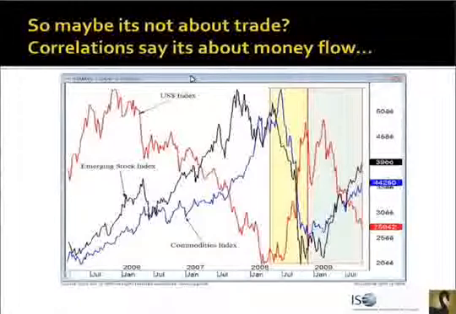tangled relationships of derivatives, and that massive demand for U.S. dollar credit at a time when U.S. dollar-based credit was coming out of the market, when hedge funds were deleveraging and pension funds and corporations were coming back to hide in the U.S. The U.S. dollar moved tremendously. Supply of U.S. dollars came out of the market when demand for U.S. dollar-based credit was soaring at the same time. As that happened, as you can see, the tight correlation, stock markets came down and the commodities index came down